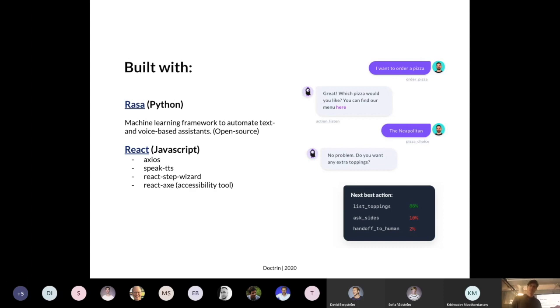So we don't need to use Google services, and we can own our data in our own secure way. The front end was built in React using Axios and React Step by Step, and using React Axe as an accessibility tool for testing.